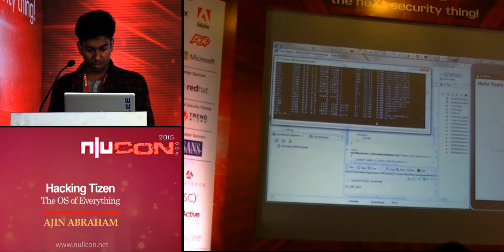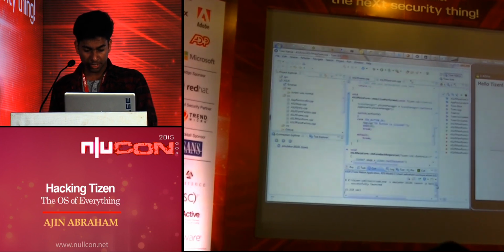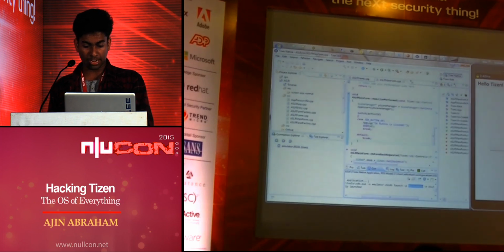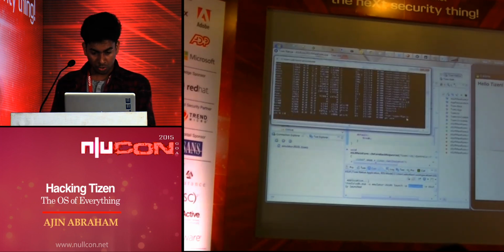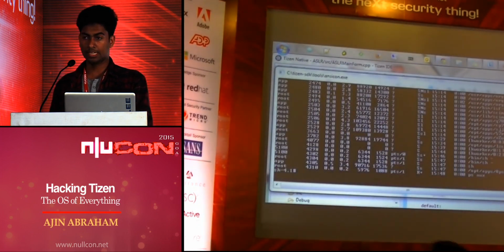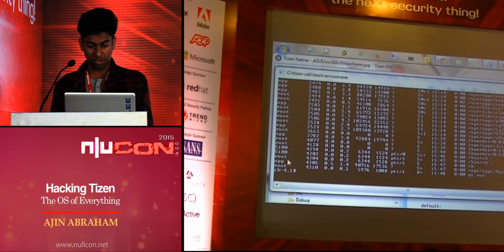In the last but one line, there is /opt/apps/ something. We actually want the package ID, which is this one, and that's the package ID. You can see that it's running under app, and the PID is 4305.